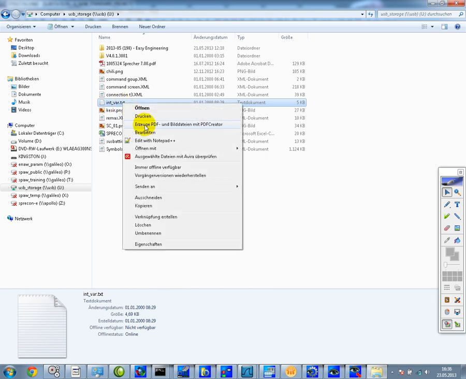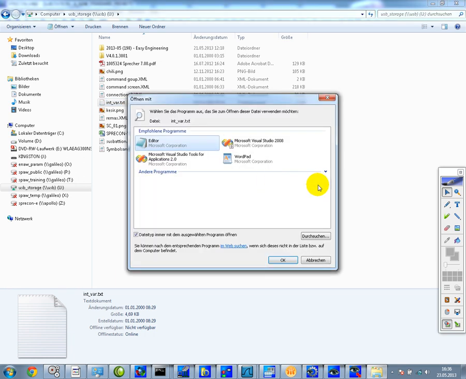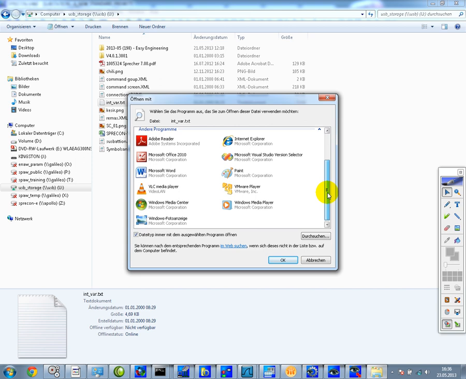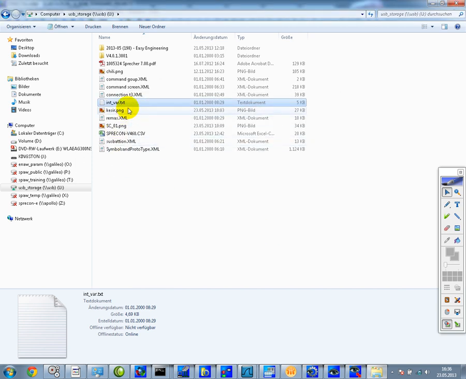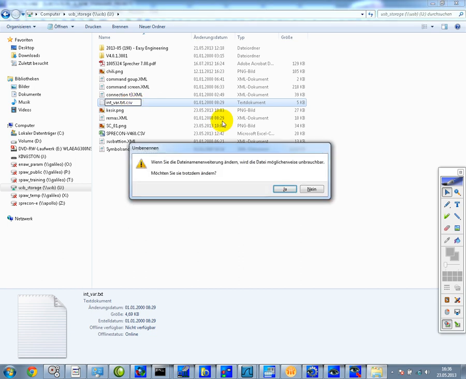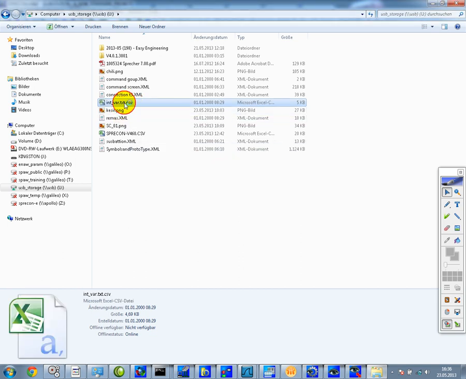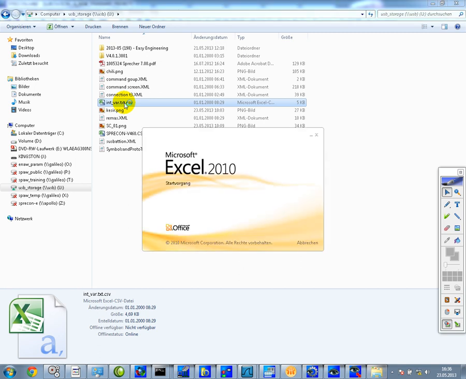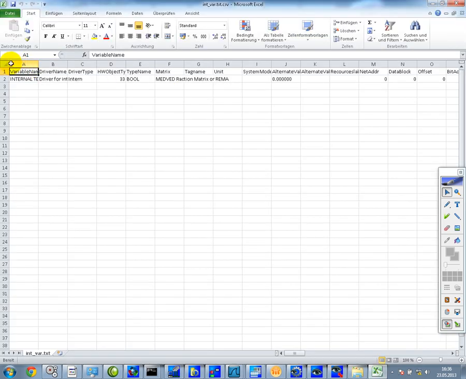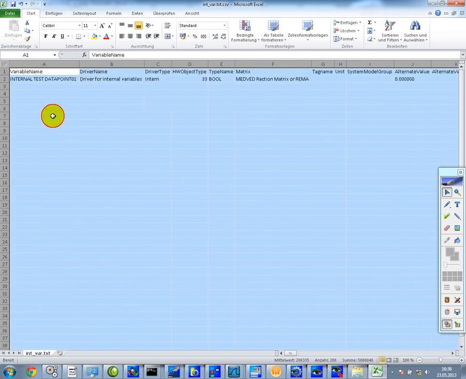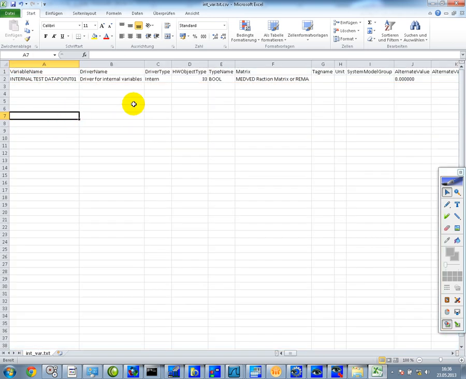This I can open with Excel. Then I change the name to .csv, then automatically it's opened with Excel. And I see now, okay, it's a comma separated value file, which is not true because in real it is not a comma separated value file, because we support Unicode and V460 is a Unicode system, therefore